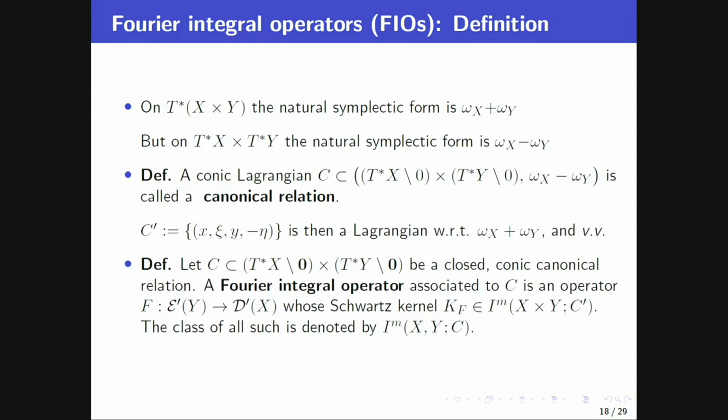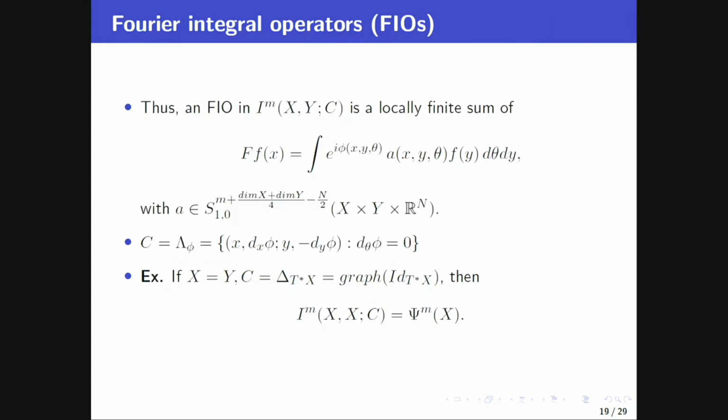We're going to denote by I^m of X, Y, C such a class of FIOs with the order m and canonical relation C. So again, we remember now we are in the product space, a conic Lagrangian, which we have seen before. So let's see again